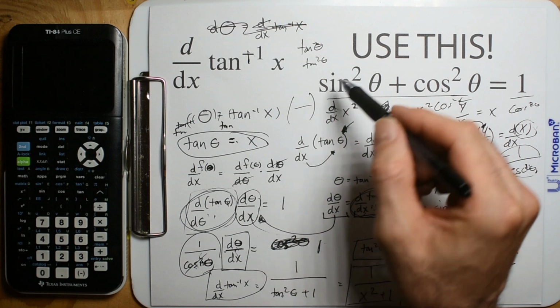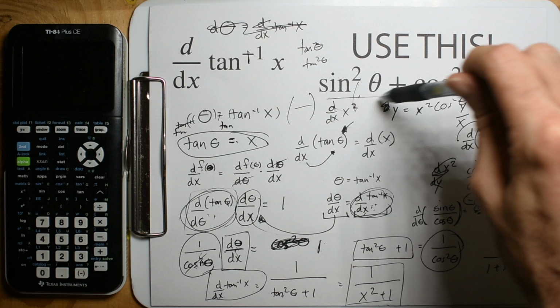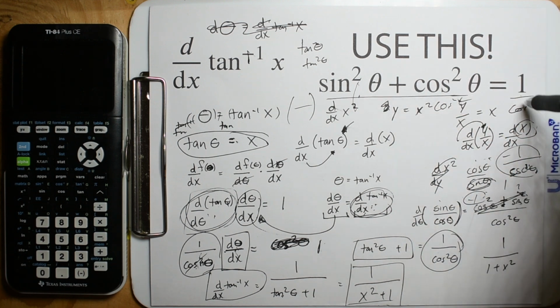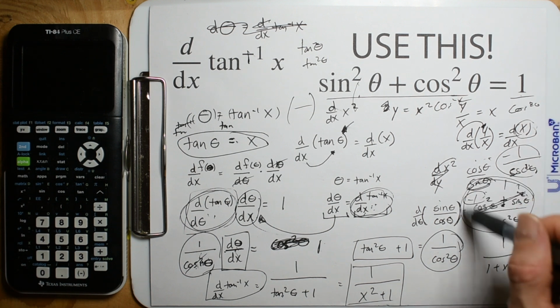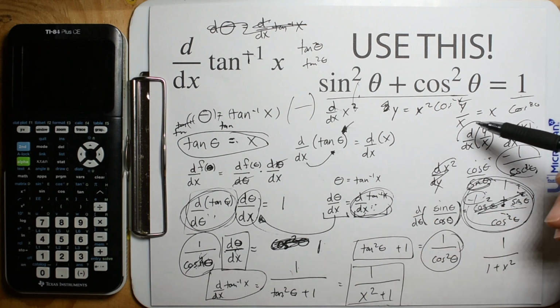Then you got to do that one that we did. You're going to divide this by sine squared theta, so we can even talk through that. If you divide this by sine squared, you're going to get a 1 here. You're going to get a cotangent squared theta, and then 1 divided by sine squared theta. So this is going to be your 1 divided by sine squared theta. When you do that, it's going to be a negative, so we got to carry that negative through. And then that is going to equal 1 divided by the